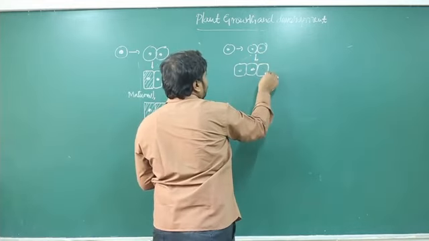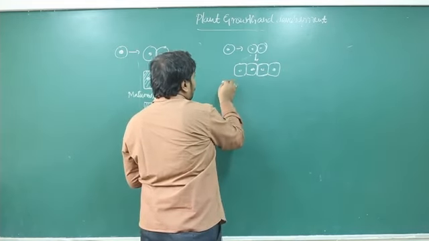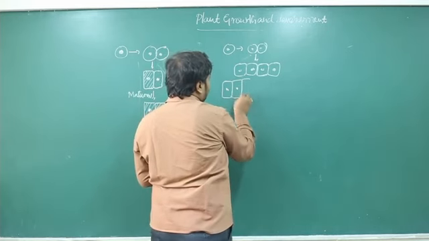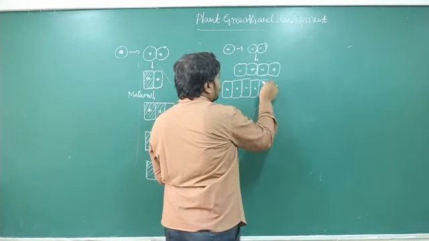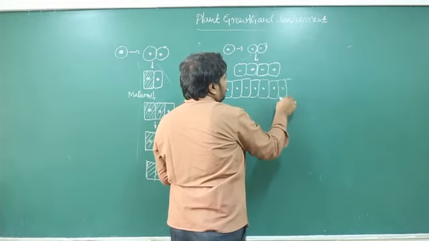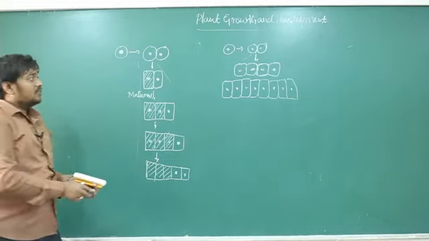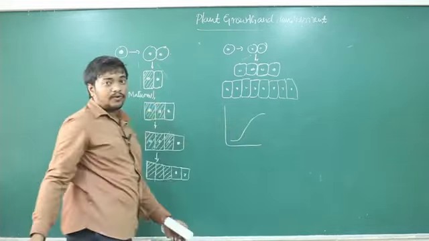Let me write in a different color. Now these two cells again undergo division to form two daughter cells. This cell again undergoes division to form two cells. Now this cell again undergoes division to form two cells. This cell undergoes division. Like this, each and every cell retains the ability to divide. So if you plot a graph for this, it will become sigmoid. So there is a growth rate. This growth can be measured in another way also.